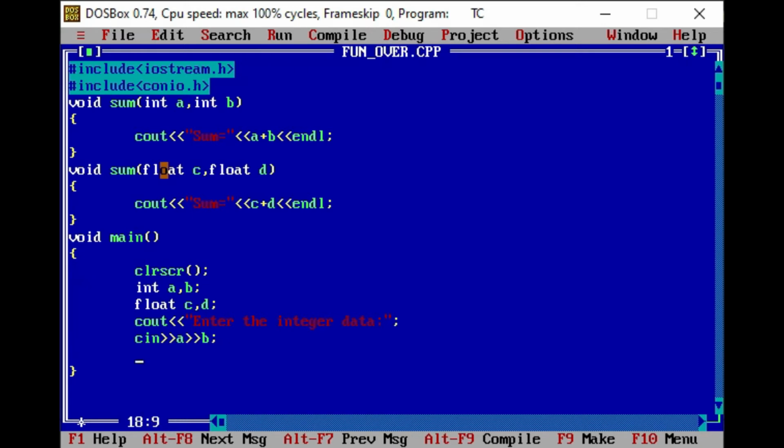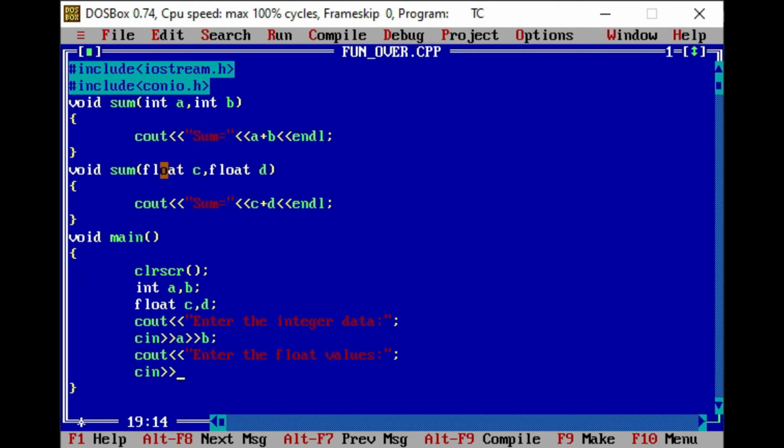Again for entering the floating point data, I'll write cout and the message "enter the float values", and with the help of the cin statement I'll enter two float variables.